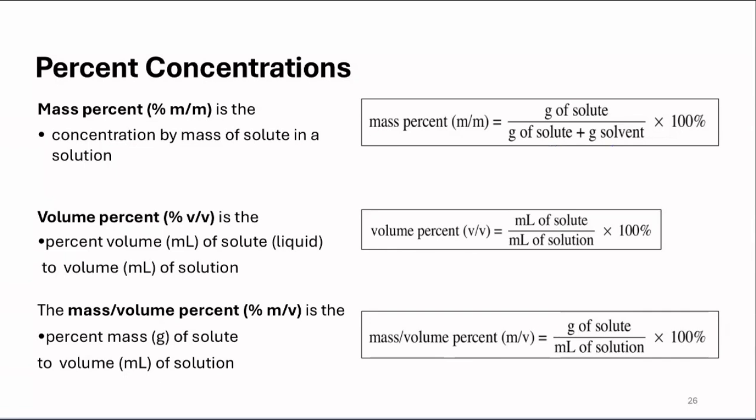This term can also be known as the grams of solution, times 100%. Then we have volume percent. In volume percent, we have the milliliters of solute divided by the milliliters of solution times 100%. And lastly, we have mass per volume percent, which is the grams of solute divided by the milliliters of solution